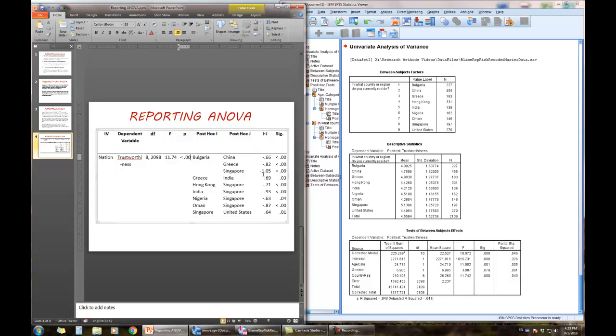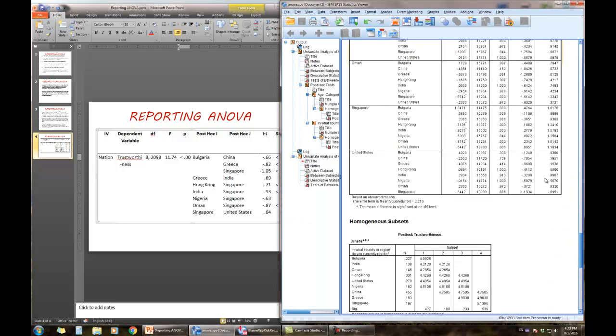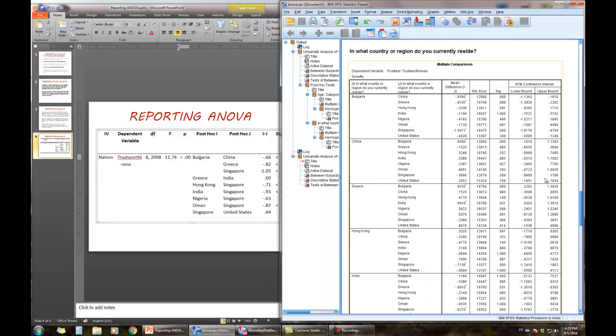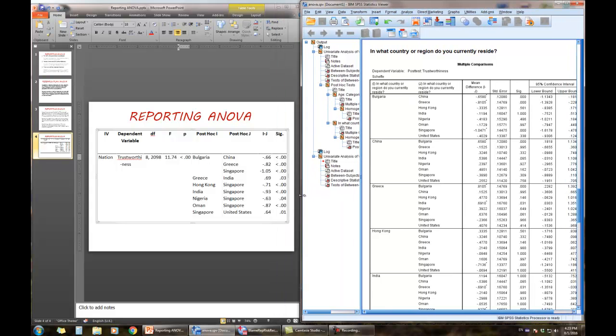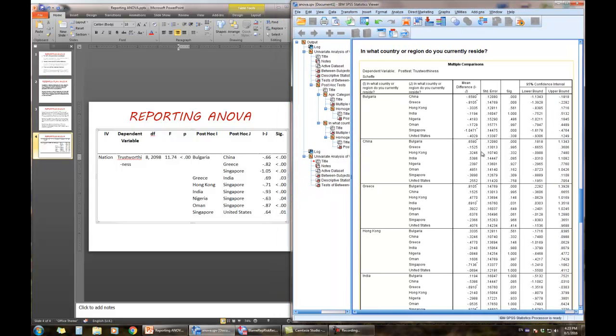Now, from here, on separate lines, we report each of our significant post-hoc tests. So that means we come back up to our big table. I've already filled this in for you. So, a few things to notice here. First is that as we look down the significance,